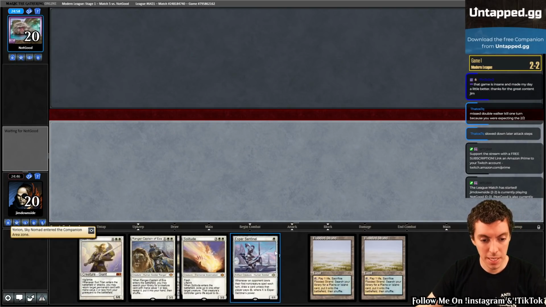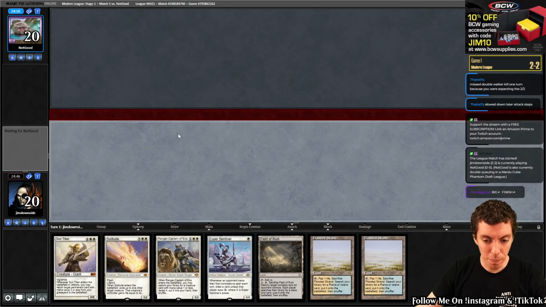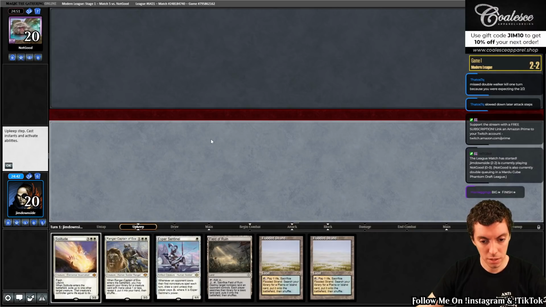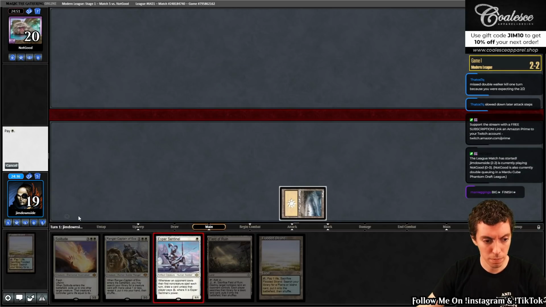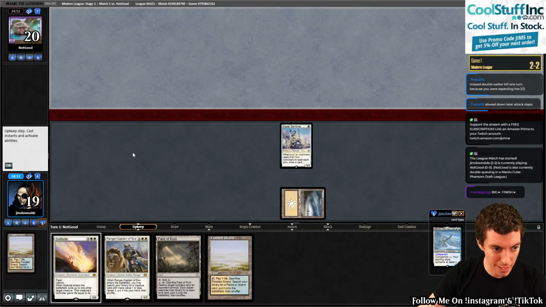Cool. Hand's great. Keep. We're on the play. Obviously, Sentinel on the play is great. I think we're bottoming Sun Titan here. Just a little too slow, I think. No guarantee it'll ever be online, not knowing the matchup too. So, play Sentinel, go. Obviously, it's possible Sentinel could be bad in the matchup, or Solitude could be bad in the matchup, but...